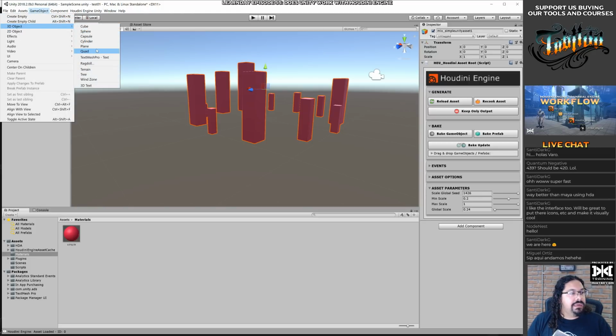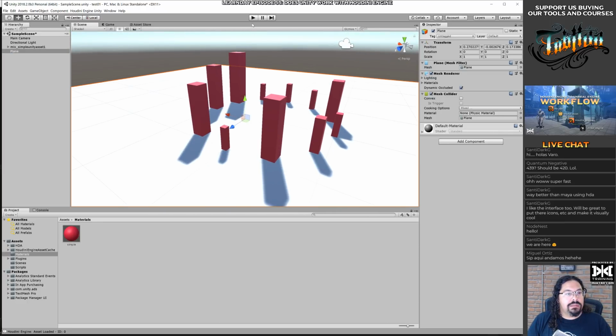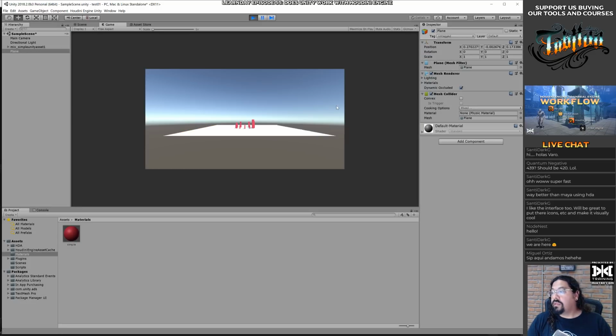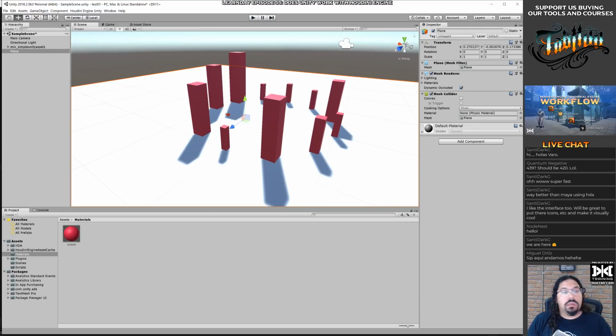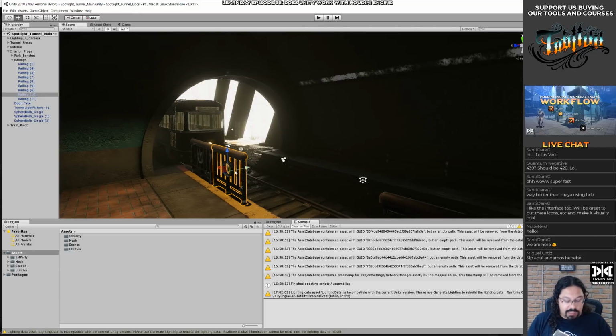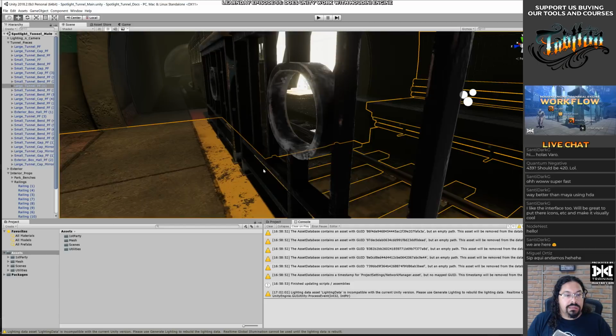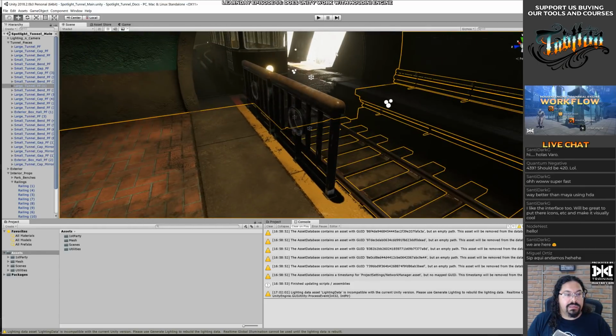Let's create a plane. Yeah, that's how I work. That's how I speak. Okay, so I think the other project is open. Here we go. Now this looks more interesting. It has textures and stuff, so let's play this.